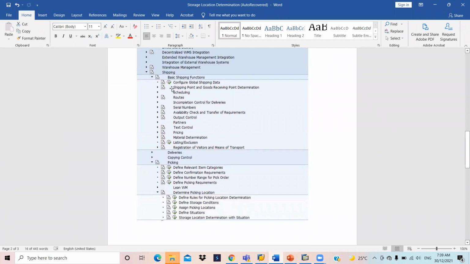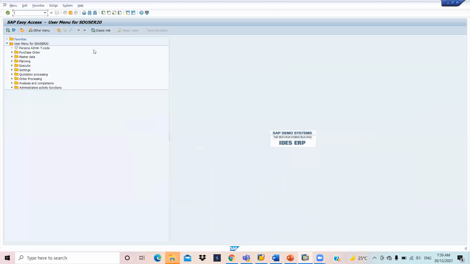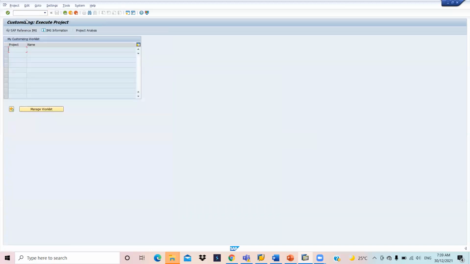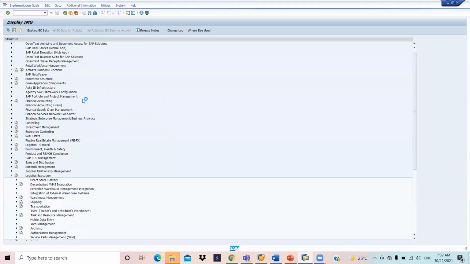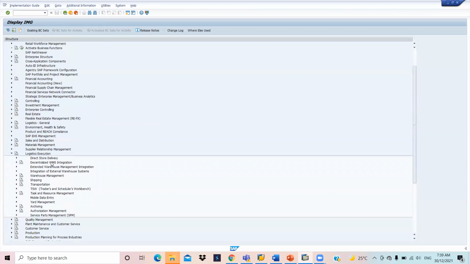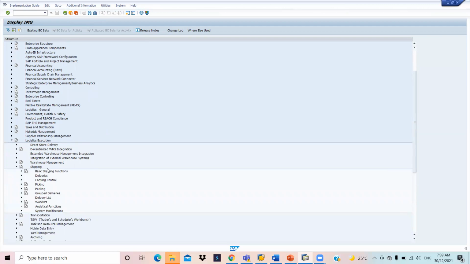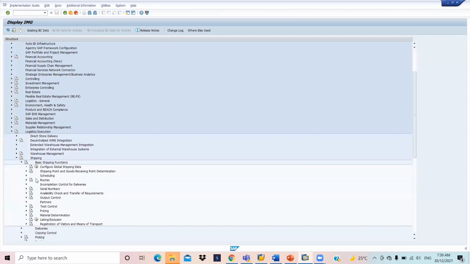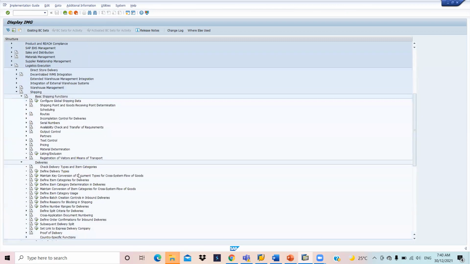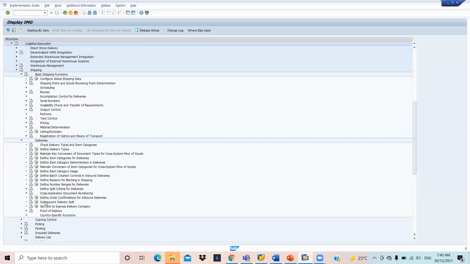You have to go to SPRO, SAP Reference IMG, logistics execution, shipping, basic functions, then delivery, and then picking.